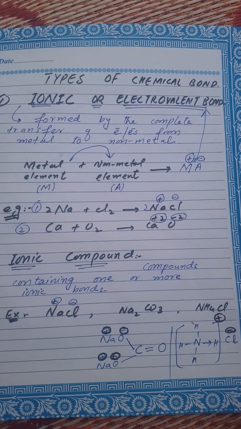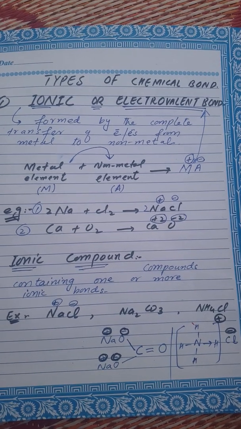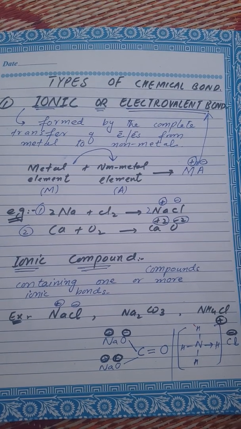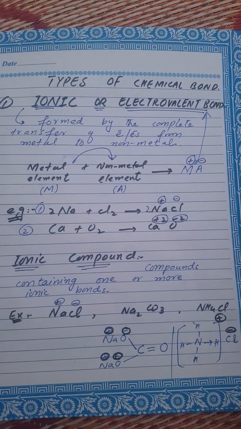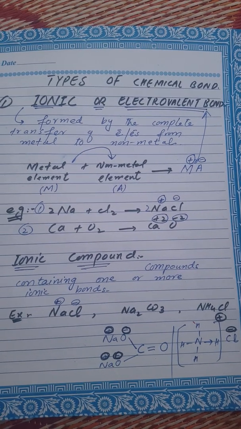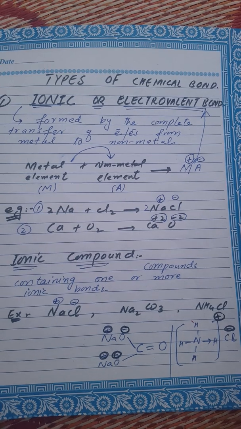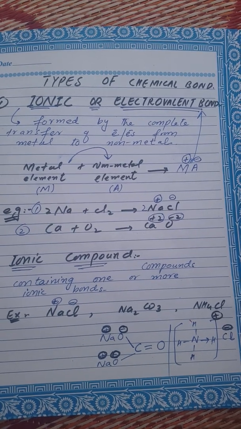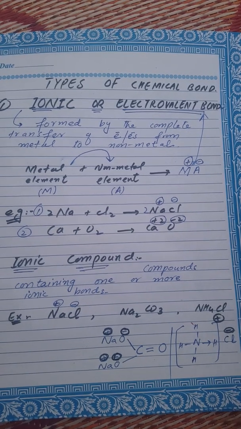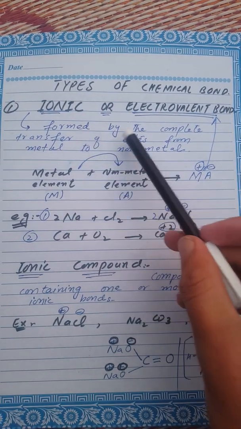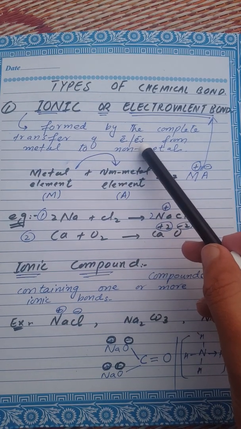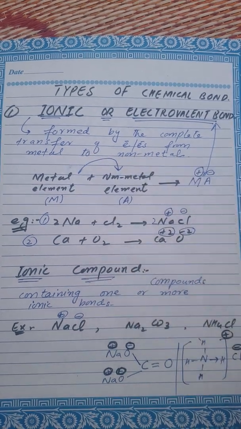Today we are going to talk about the types of chemical bond. So, in that, first we have the ionic or electrovalent bond. Today we are going to discuss ionic or electrovalent bond. Basically, it is a bond which is formed by the complete transfer of electron or electrons from metal to